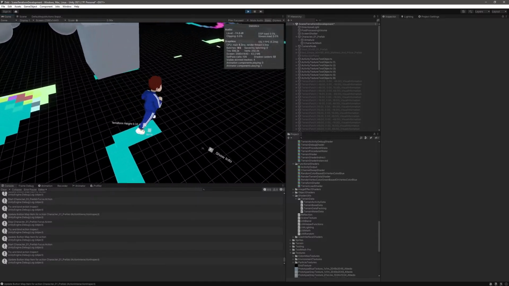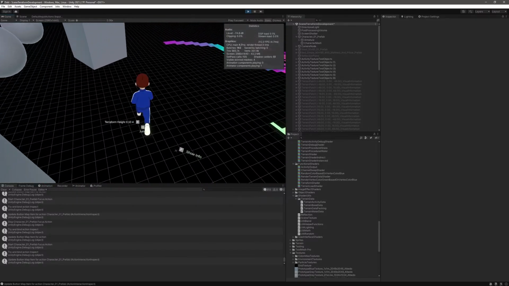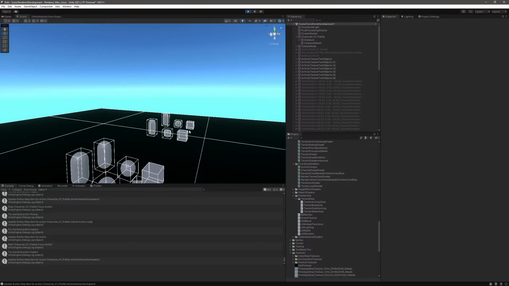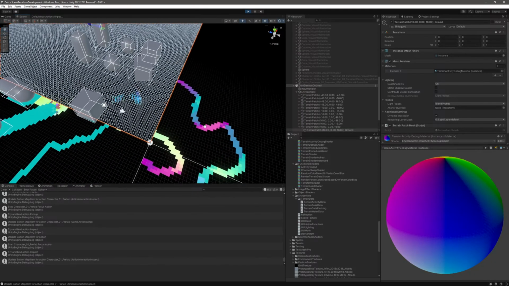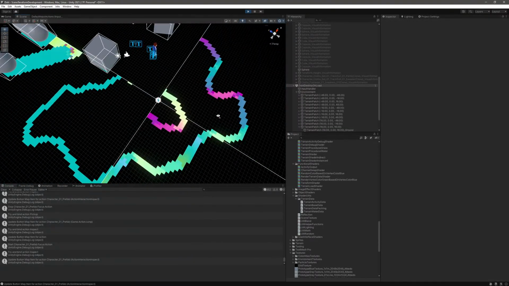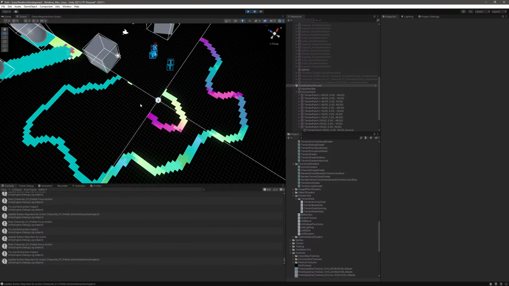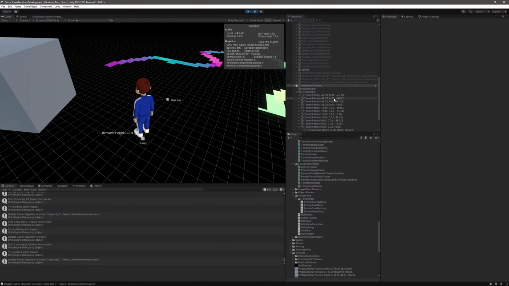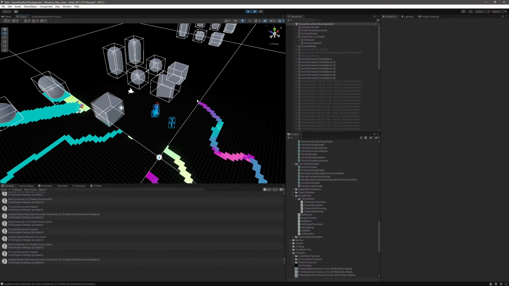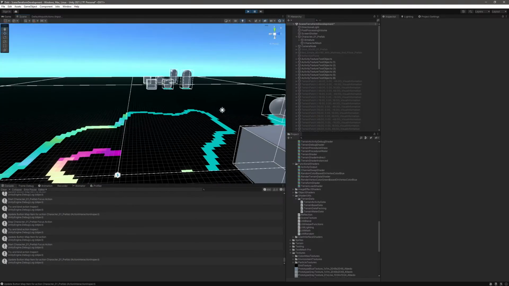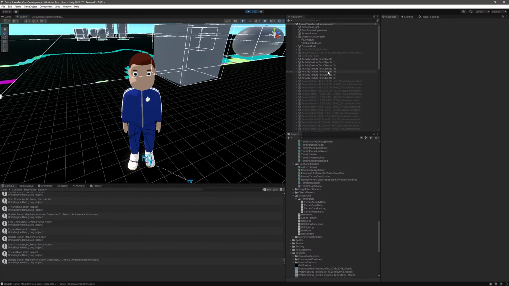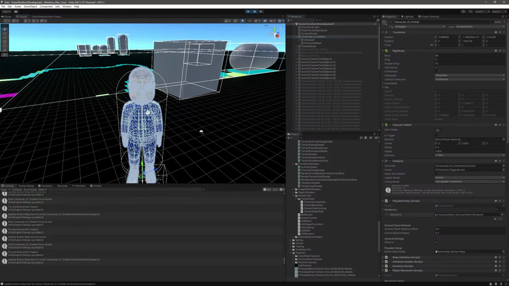Why doesn't it work for this one? We can see Harry G, or Harry O, I mean, sorry. Harry G, pretty cool. But if we take a look at, okay, get ready for this, because this is currently quite a mess. But if we take a look at our character here,